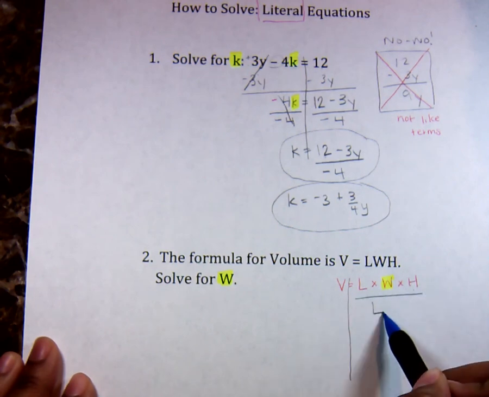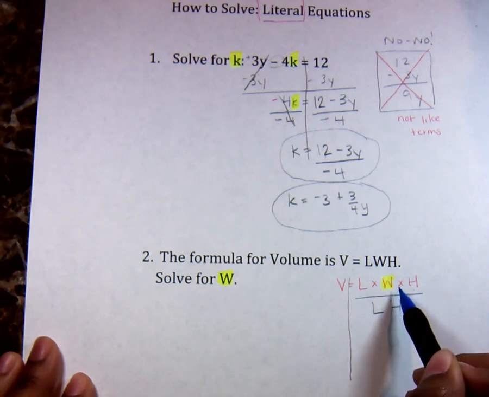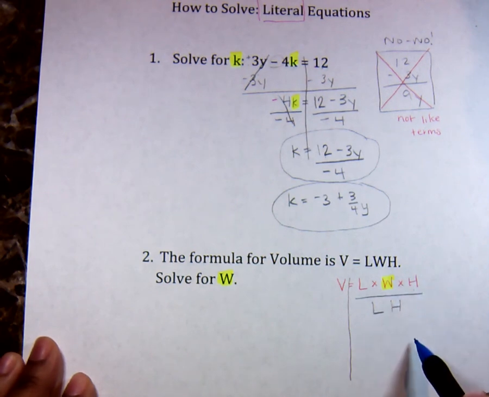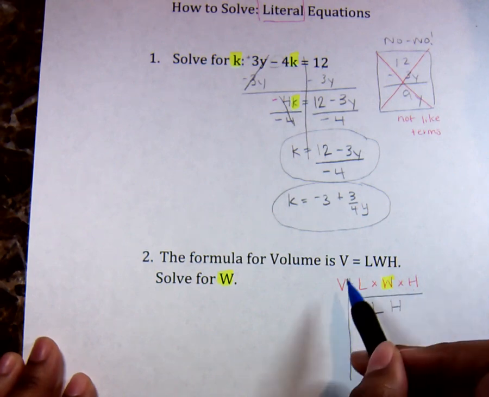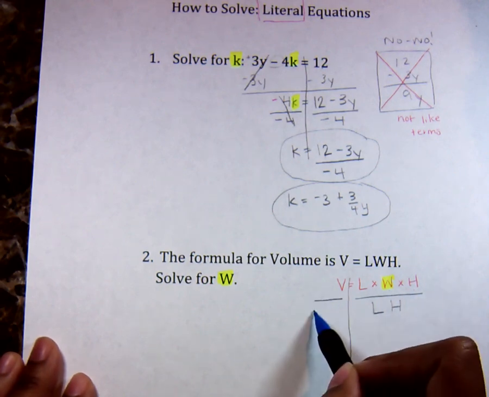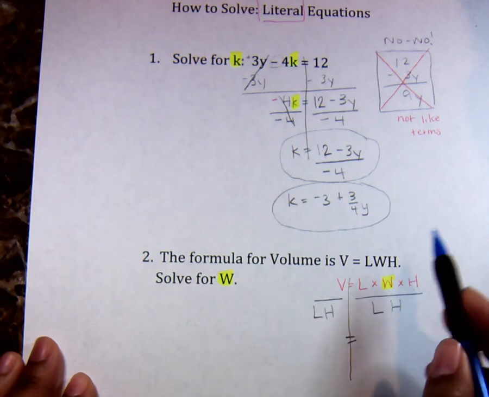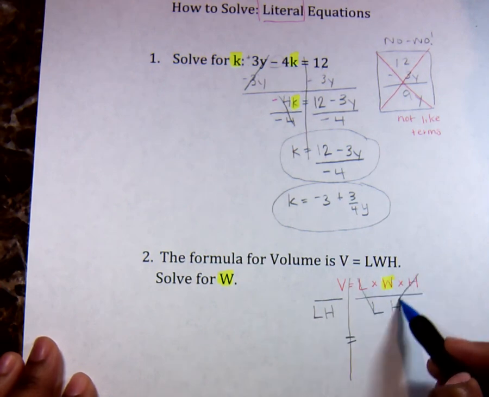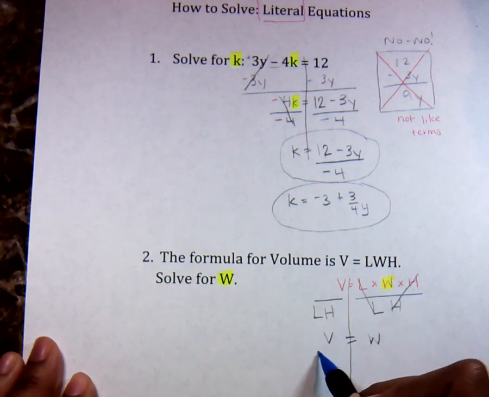I can get rid of the L, and at the same time I can also get rid of the H because they both are using the same operation, which is multiplication. So if I divide my right hand side by L and H, that means I'm going to divide my left hand side by L and H as well. So that leaves me with the two L's cancel, the two H's cancel, W, and I have V all over